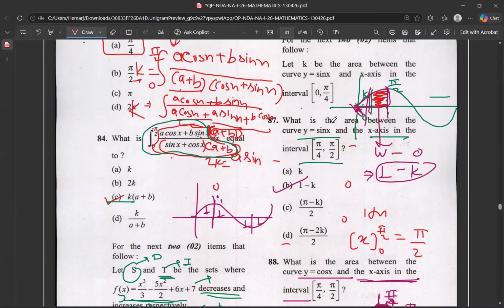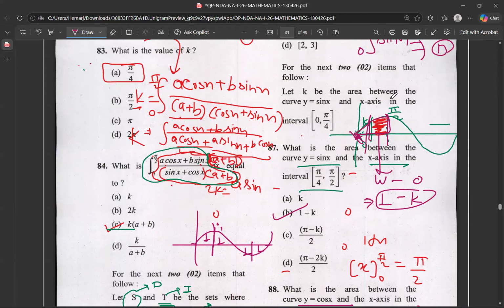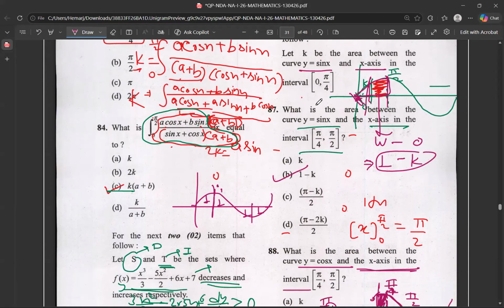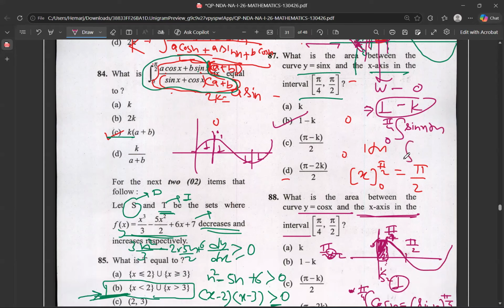K is the area between y equal to sin x and the x-axis from 0 to pi by 4. So we have the value of the integral of sin x dx from 0 to pi by 4. What will be the value of the integral of cos x from 0 to pi by 4? There used to be one property of